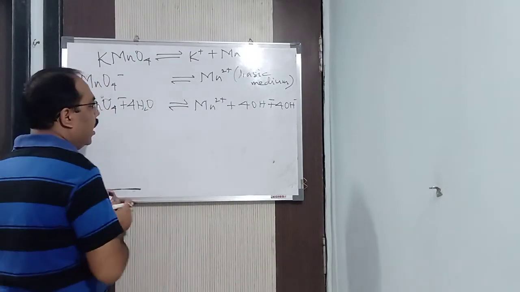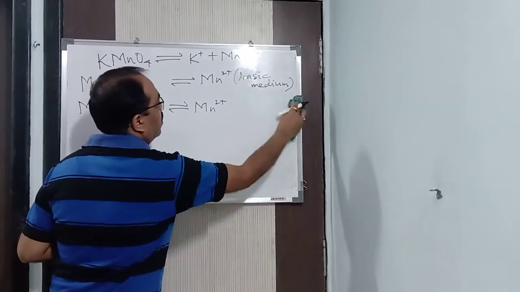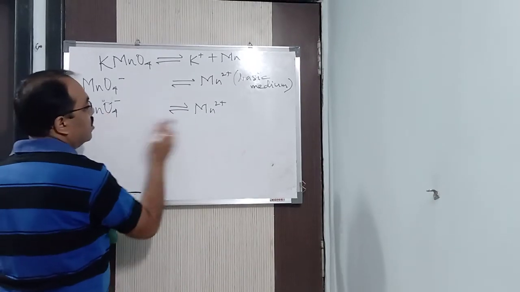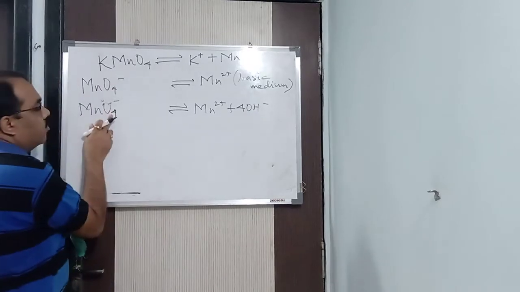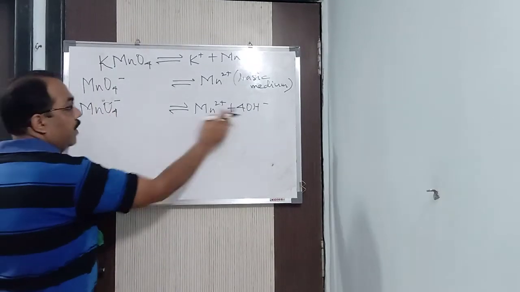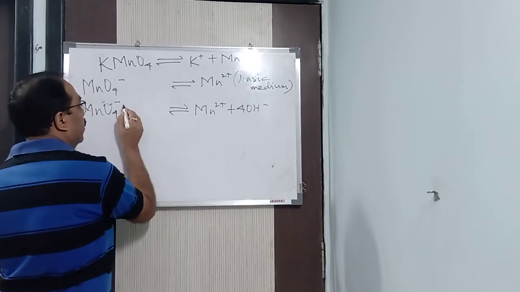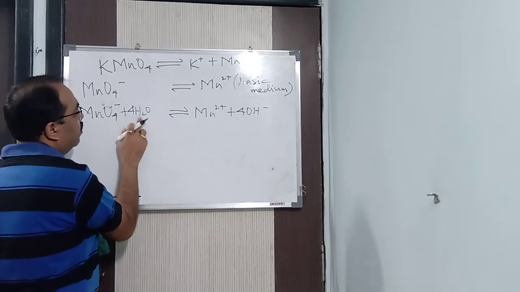Alright, what did I say? Again I come from the beginning. You see here. To balance oxygen, what will I do? OH minus. How many? 4 OH minus, because 4 oxygen is there. Now to balance hydrogen, what do I have to do? That many water. How many hydrogen are there? 4 hydrogen. So it is 4 water. No sir, 4 hydrogen means to balance hydrogen I will do 2 water.